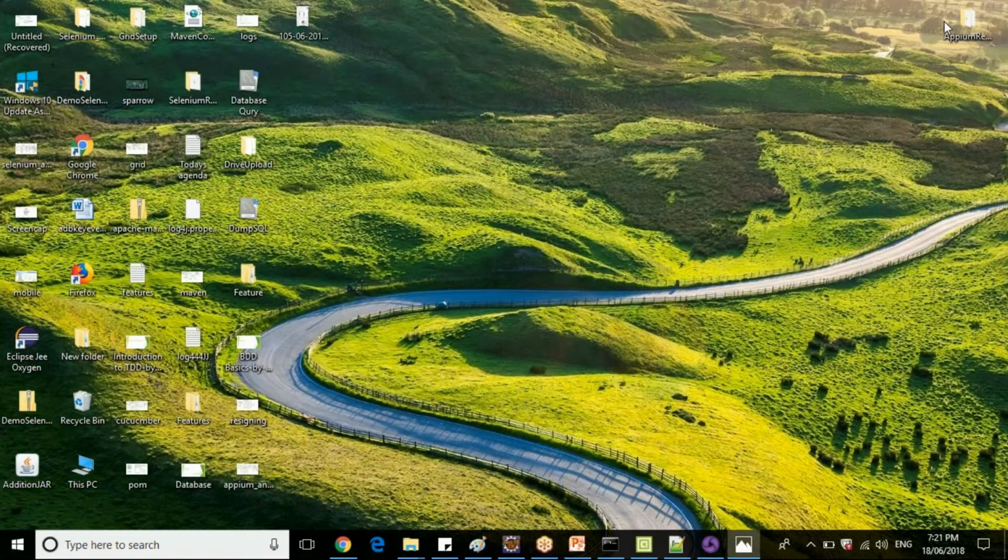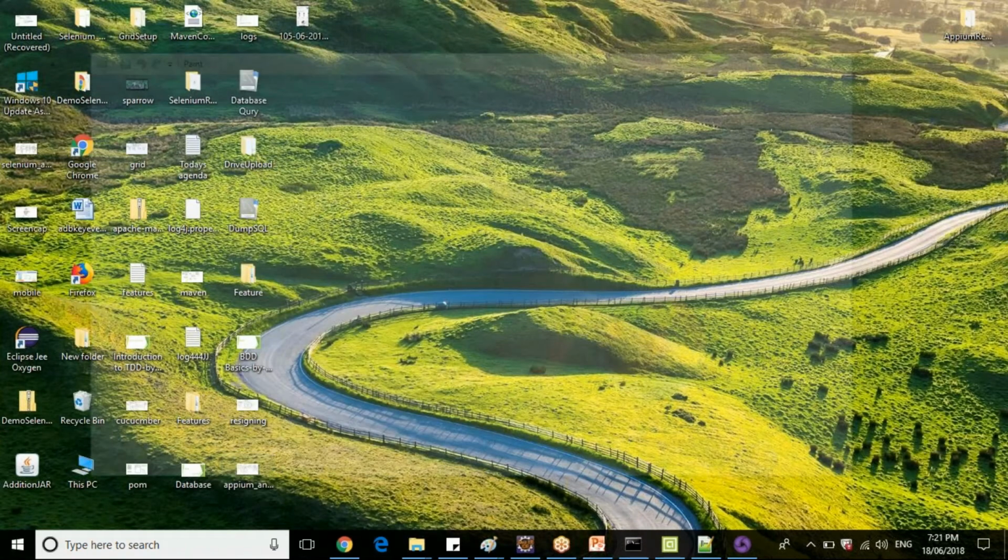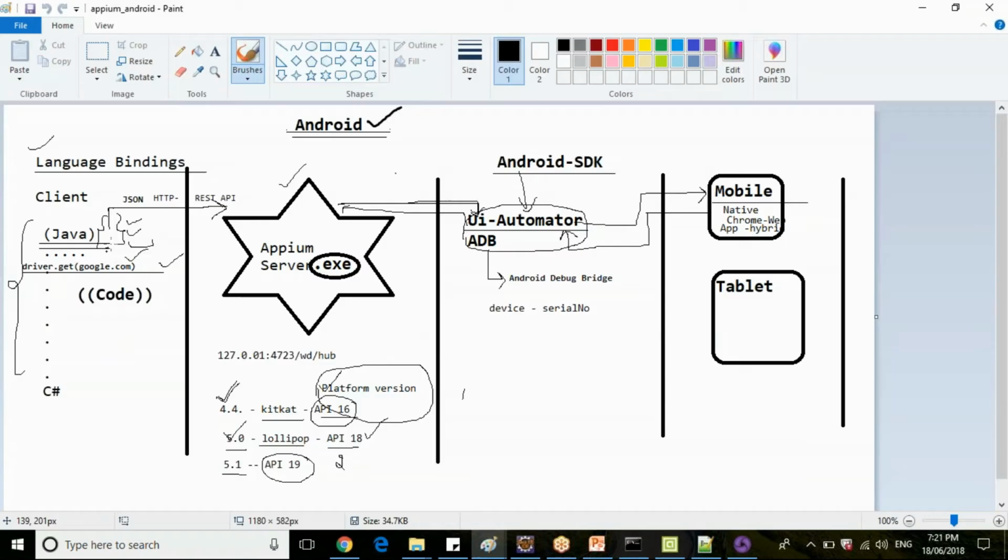Let me open in editable format. So this is the architecture of APM. You have your client libraries here, which are called your client, and your APM server here. We are downloading APM server now. And what is client? Client is nothing but your language bindings or the jar files, which are similar to Selenium.